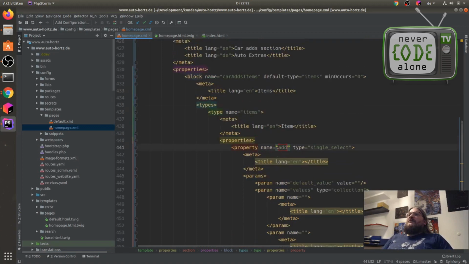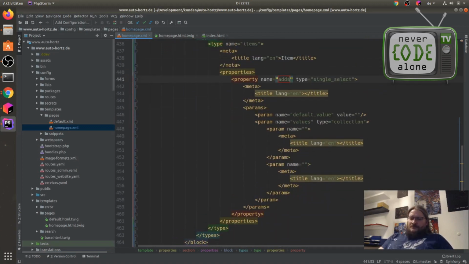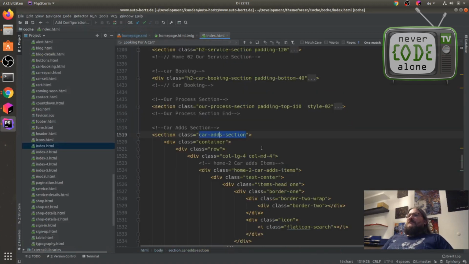And now I say here, that's how I call it, adds car icon, and the adds car icon has icons, and the default value here is, what did I say?